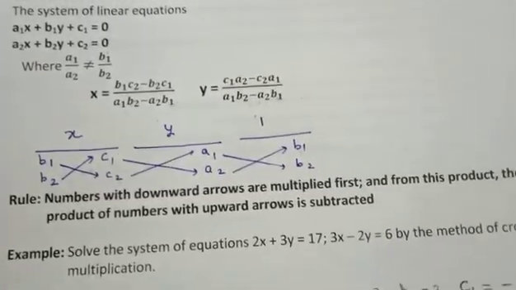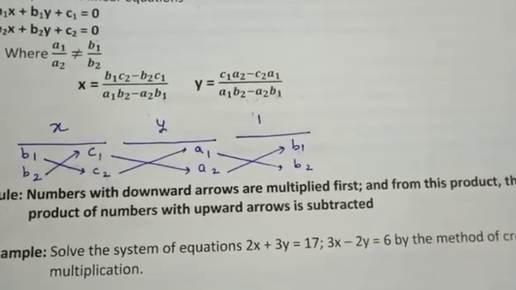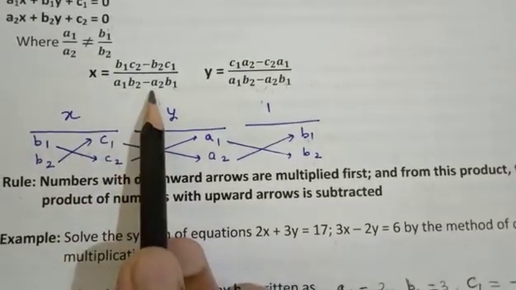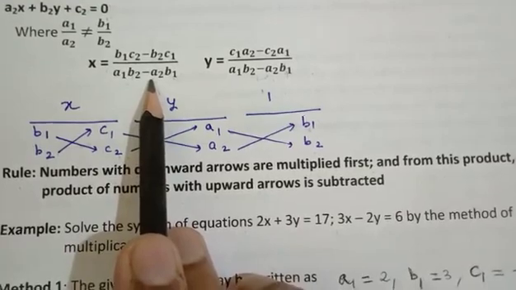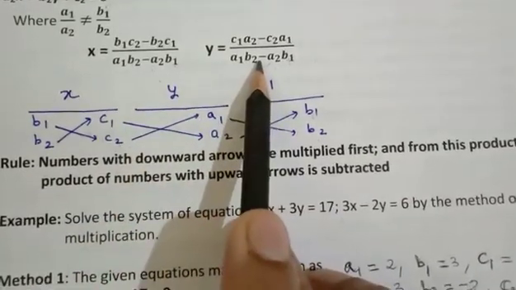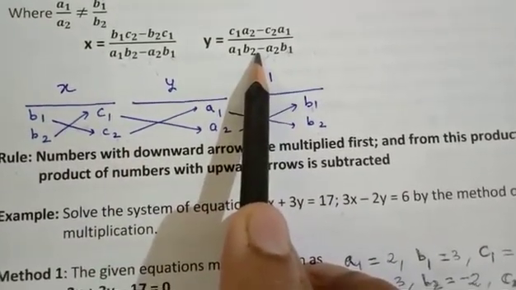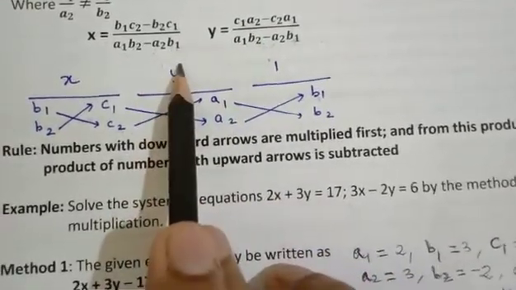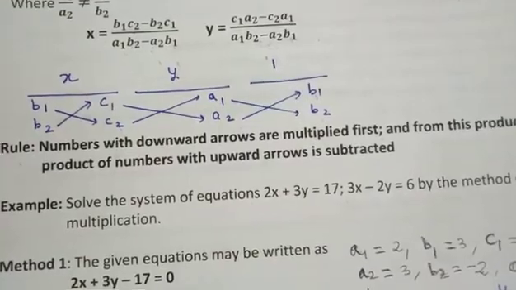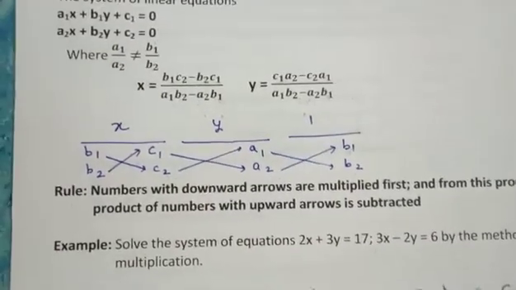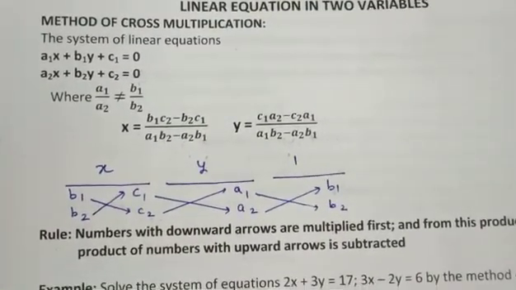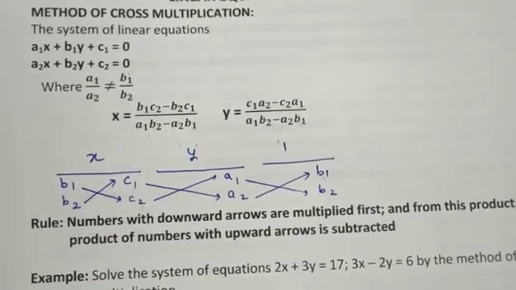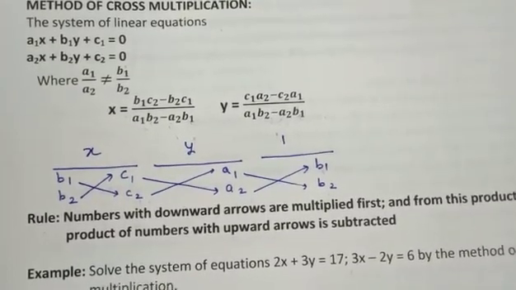Now the most important thing for the cross multiplication method is that in this method the value of x can be obtained independently and the value of y can also be obtained independently. That means they are not dependent, and that is the best thing for the cross multiplication method. So I hope you have understood the method of cross multiplication method. You can solve the question by any one of the technique you wish.